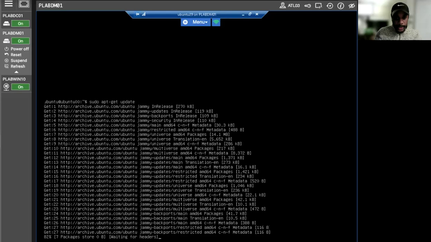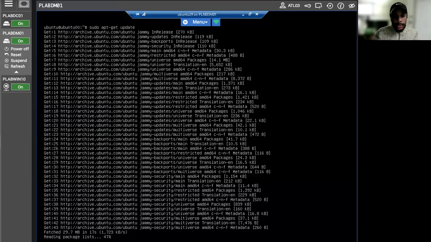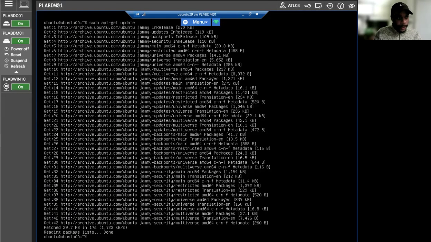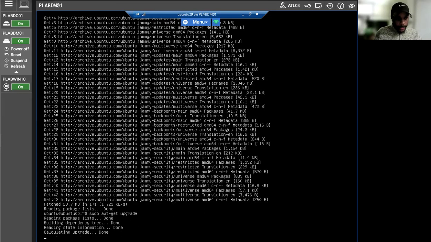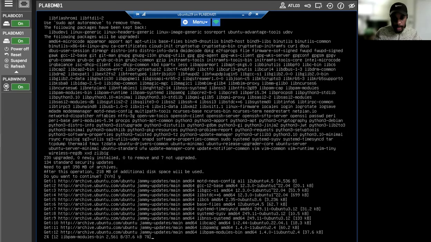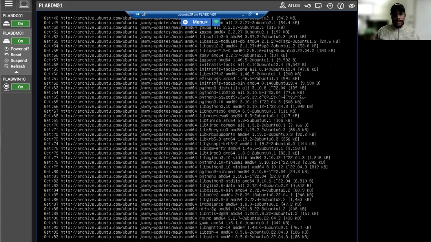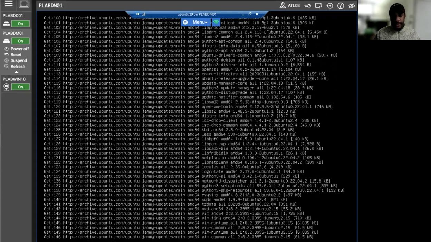All right, this one may take a little while. All right, so now that it's updated, for the most part at least, I'm now going to place a command for an upgrade. All right, and this one is going to take even longer. All right, perfect. Now, my next command is going to reboot the machine, so all the updates will